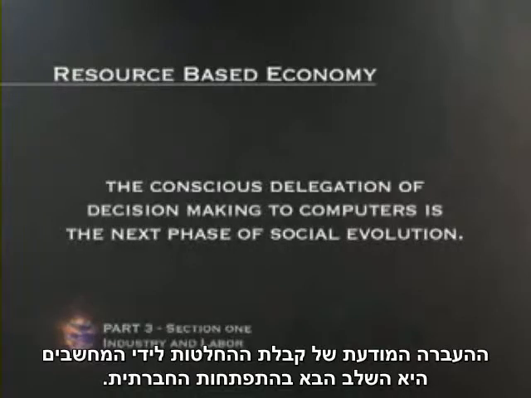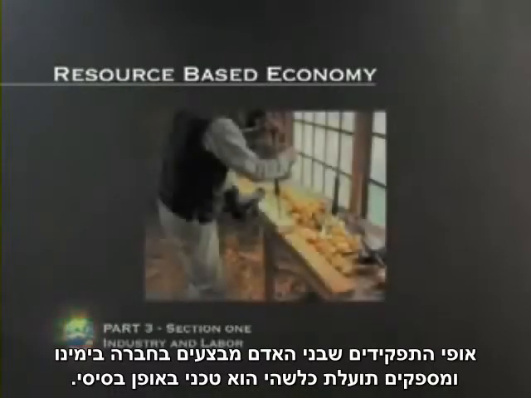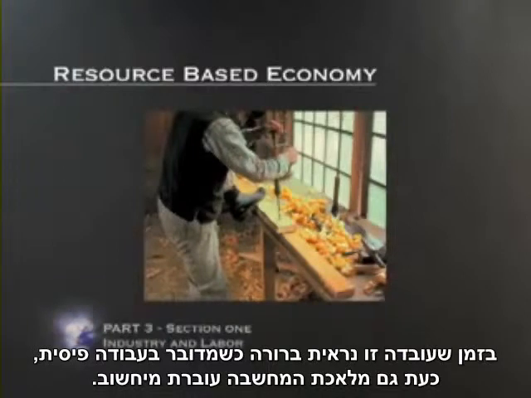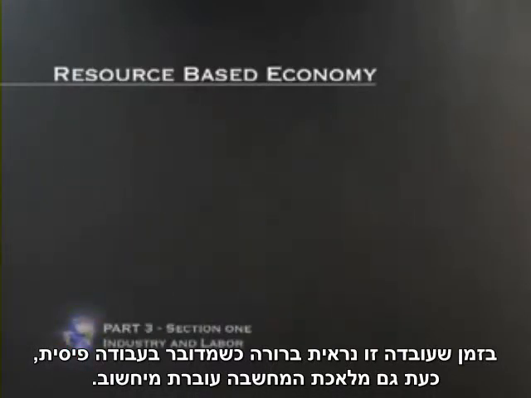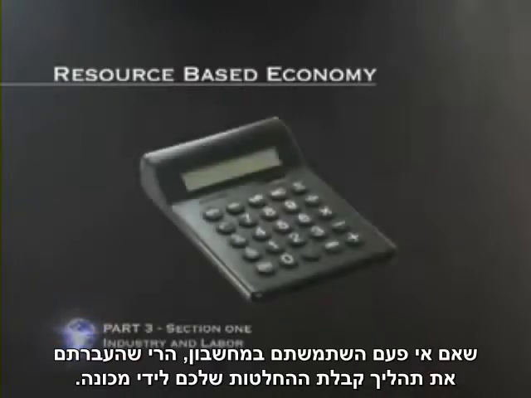is the next phase of social evolution. The utilitarian roles that humans assume in society today are fundamentally technical by nature. While this seems obvious in regard to physical labor, our mental labor can now be delegated to computers as well. If this sounds foreign to you, please note that if you have ever used a calculator, you have delegated your